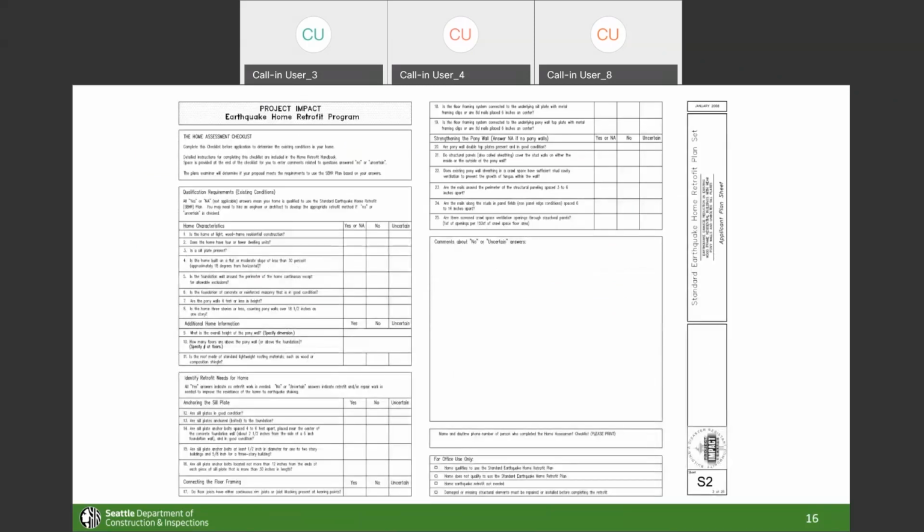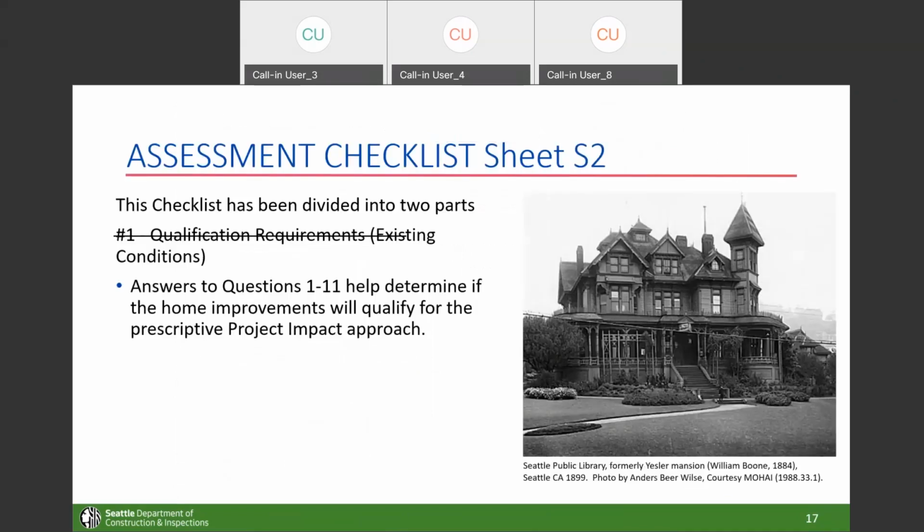The checklist, the page most often skipped, and probably one of the most important, actually. The checklist is divided into two: home characteristics, and identifying the needs for your home. The qualification requirements are, will this work? Questions 1 to 11 help you determine, is this something that would